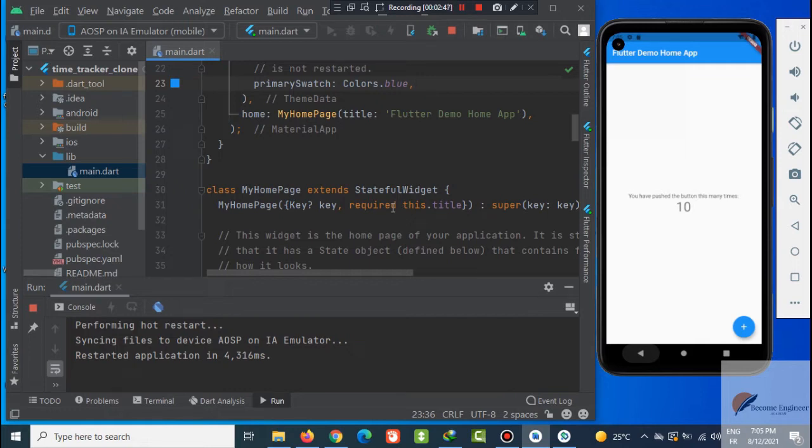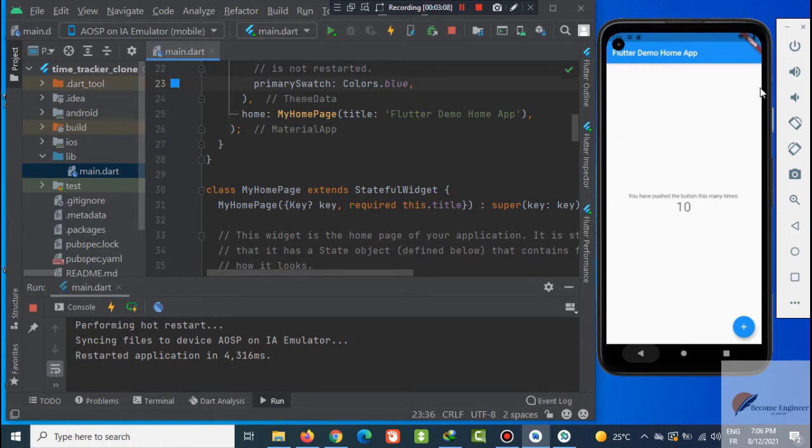I was saying that by composing widgets together, we define what we call the widget tree. The widget tree is what gives us the whole app. For example, here in the head we have this widget which has a color and a text.